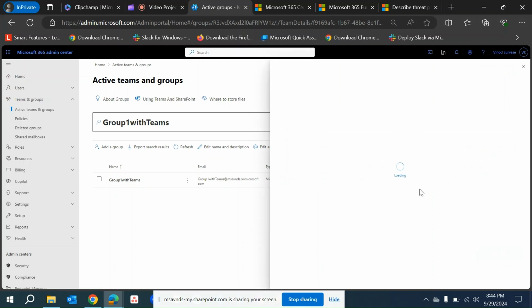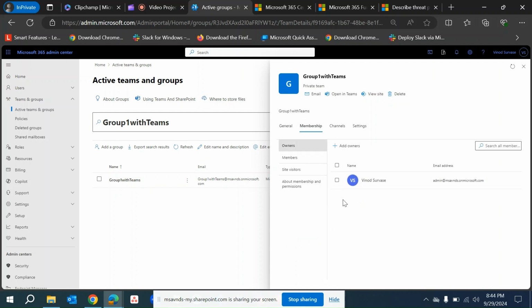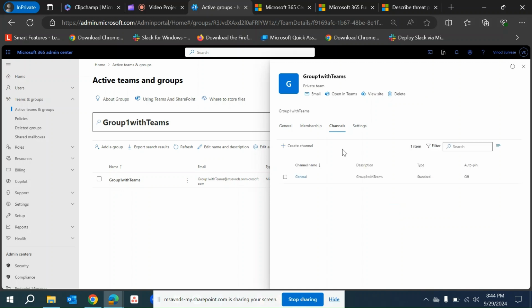Once you click on it, you will get this small pop-up where you can manage this group completely by changing basic information, email address, other info, and site info. So this group is Microsoft 365, so it has a Teams site or SharePoint site created in the backend, right? And also you see the membership management. Let's say add owners, members, site visitors, and then you have capability to add or create new channels as well